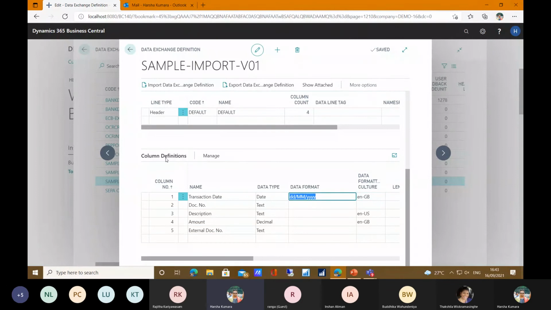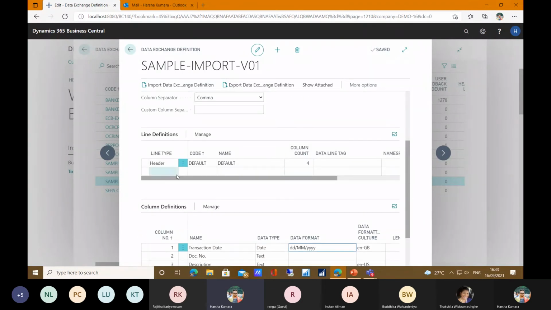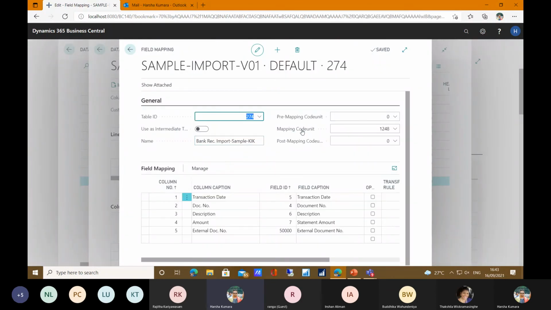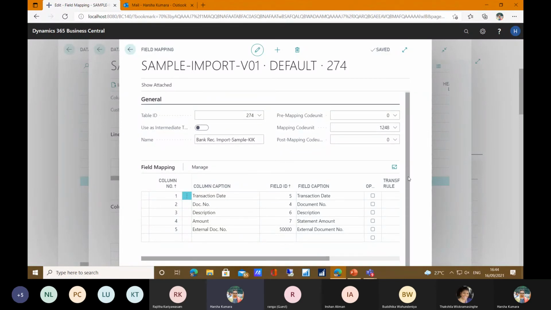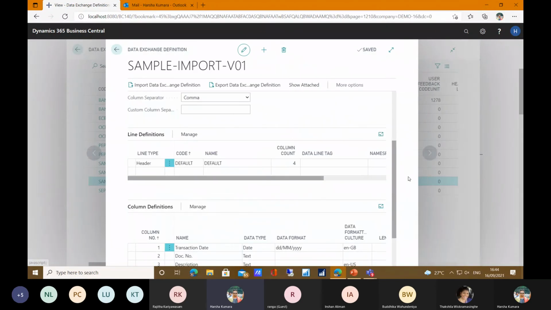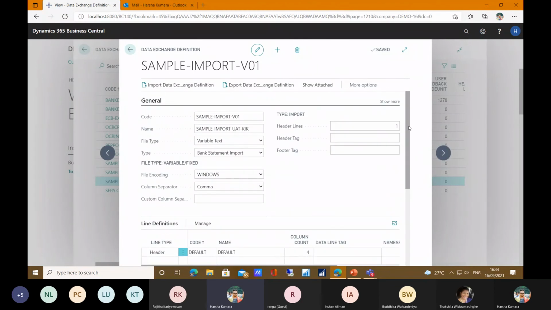And once you arrange this column definition, there is line definition in the middle tab. And in the line definition, we can go to the field mapping. In the field mapping, we have to map the added bank statement side column caption name, and the bank ledger entries field mapping. Using this, we can easily map your bank CSV file, and we can add it to the bank statement